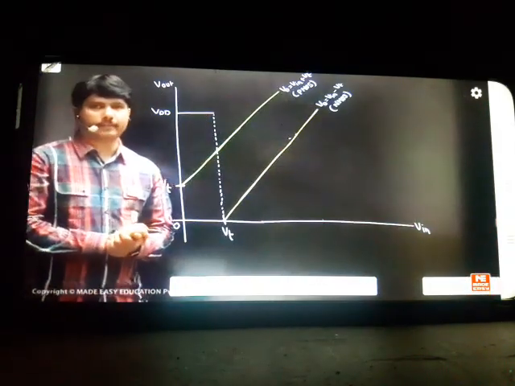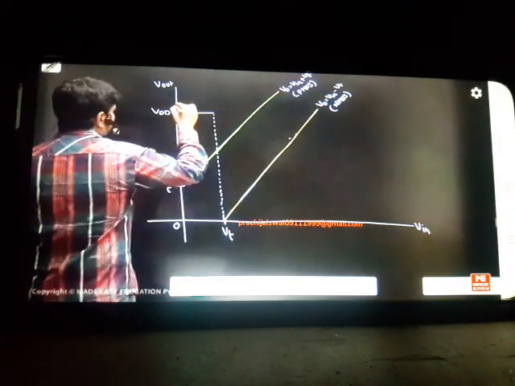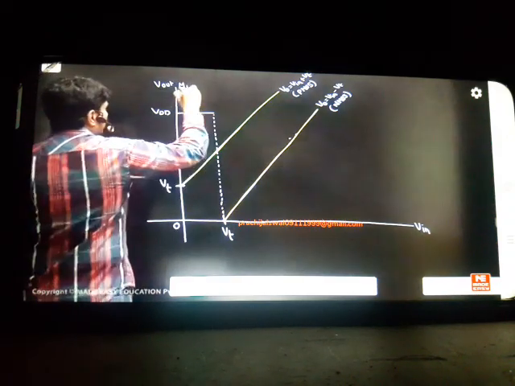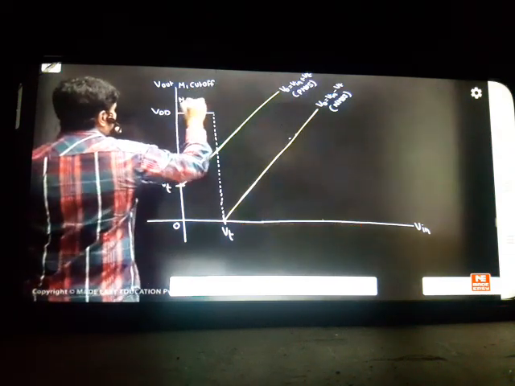But no switch is in current saturation initially. So we have VDD, the highest value, coming. Up to this point, we can say M1, which is the NMOS, is in cutoff. Whatever we studied, same story. M1 is in cutoff. But M2, whatever you are seeing, is in which region?